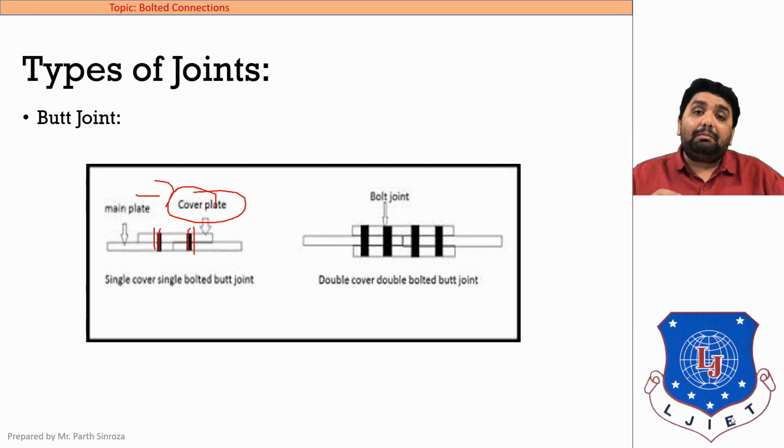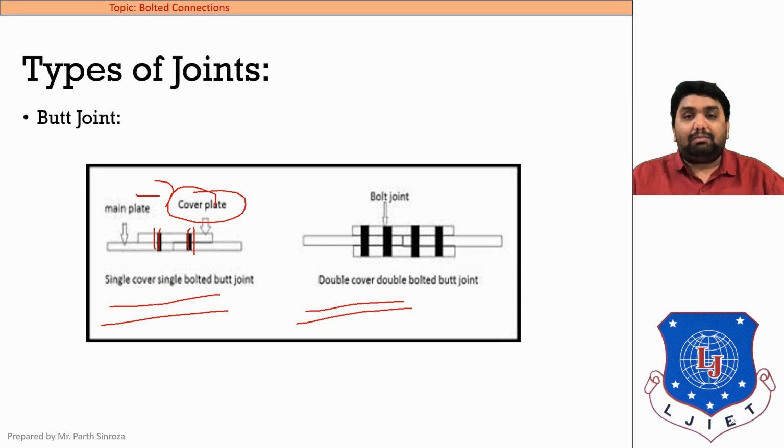Clear? If the cover plate is used only on one side, either the top side or the bottom side, it is called a single cover butt joint. But if cover plates are used in both directions, on the top side and the bottom side, it is called a double cover butt joint.